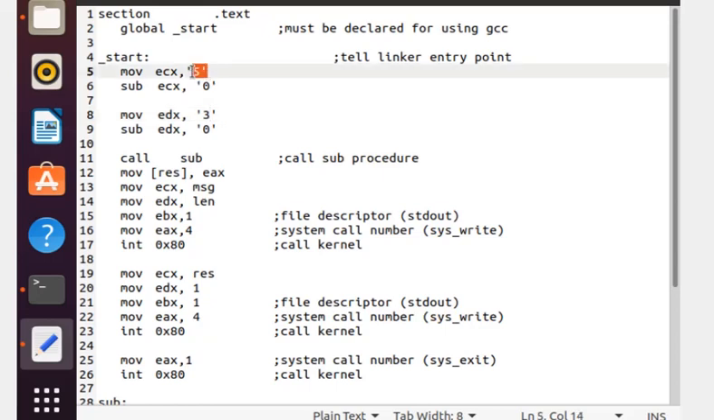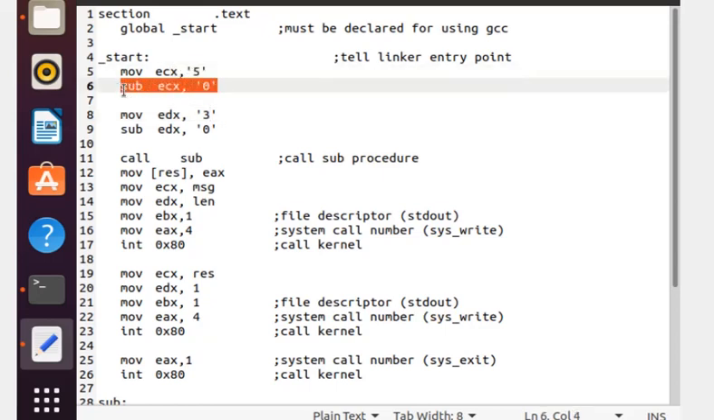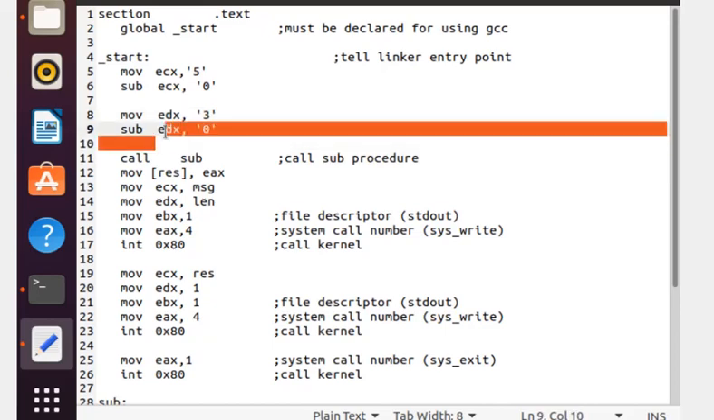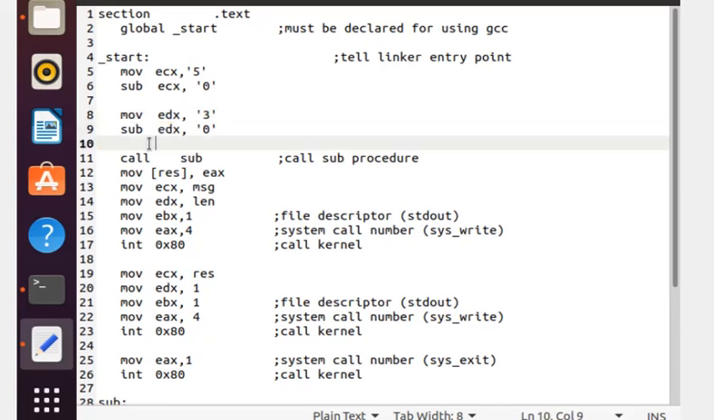I have saved 5 value in our ECX register, and then using this statement, I have converted it into decimal. Similarly, I have saved 3 value in my EDX register and used this statement to convert it into decimal. After I have done defining the two variables or storing the content in the two registers, I have called the